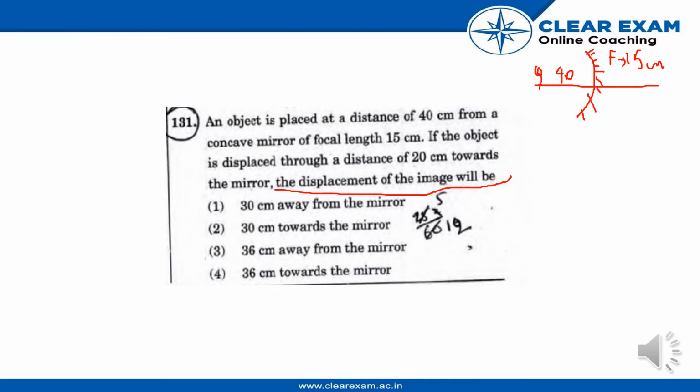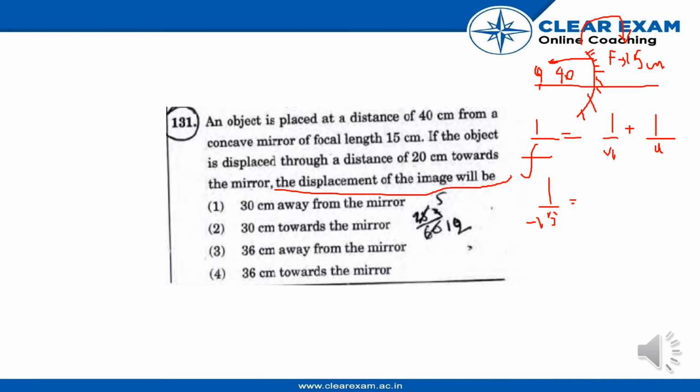So we can simply apply our mirror formula, that is 1 upon focal length equals 1 upon v1 plus 1 upon u. So we can put the values here. The focal length will be minus 15 because it is a concave mirror, and the object is 40 centimeters away from it. So 1 upon minus 15